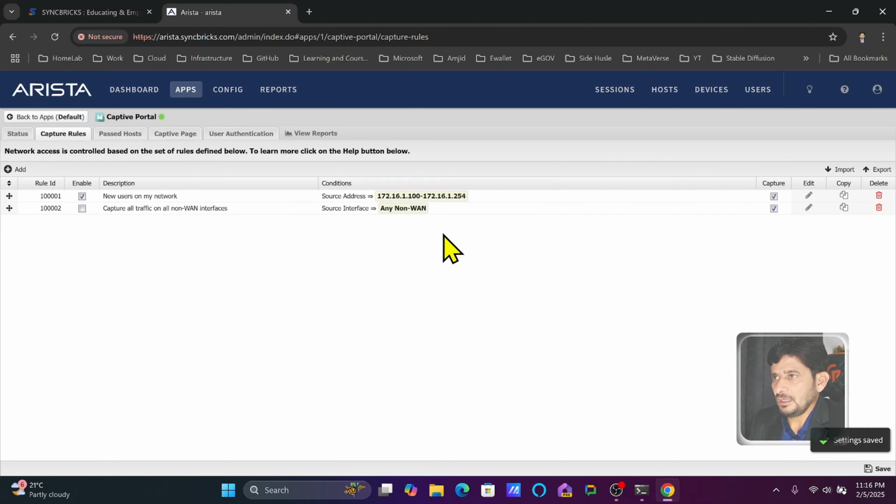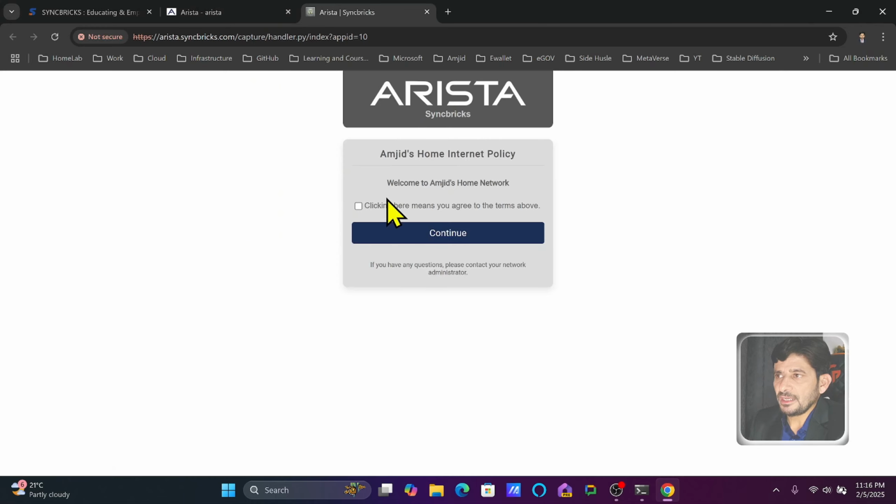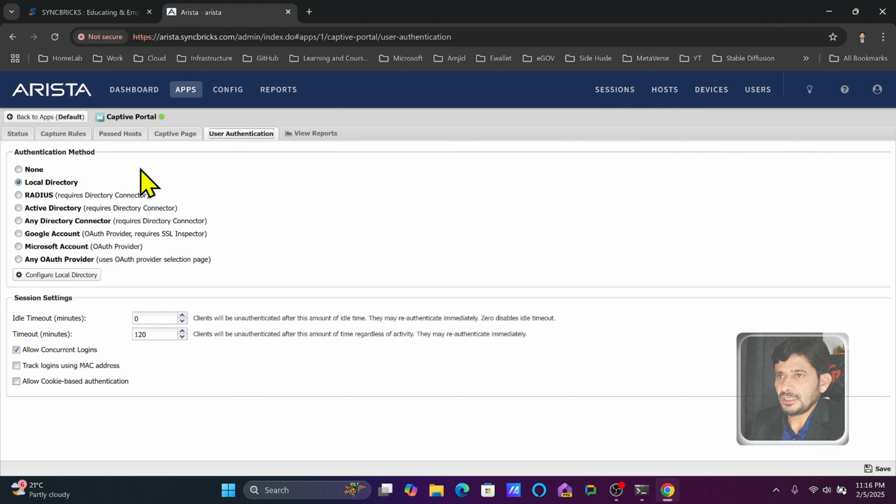So it will not, of course, be in the static map. So it will be dynamically assigned. So whatever new users will be coming, they have to go through the captive page. So they will get this page in order to log in. And then is, of course, the user authentication, whether you want to ask them to go through the